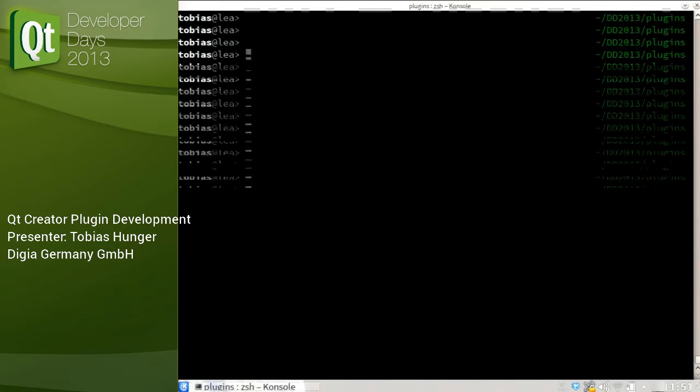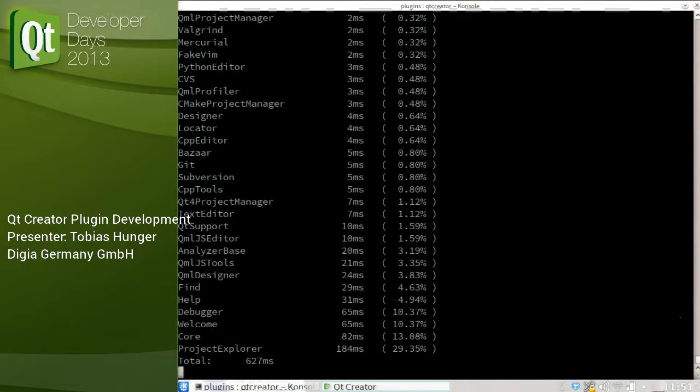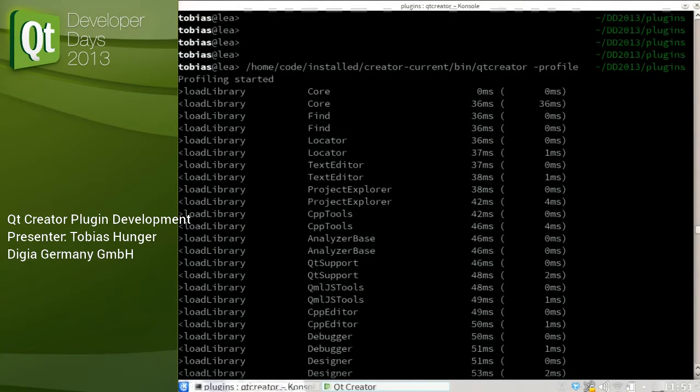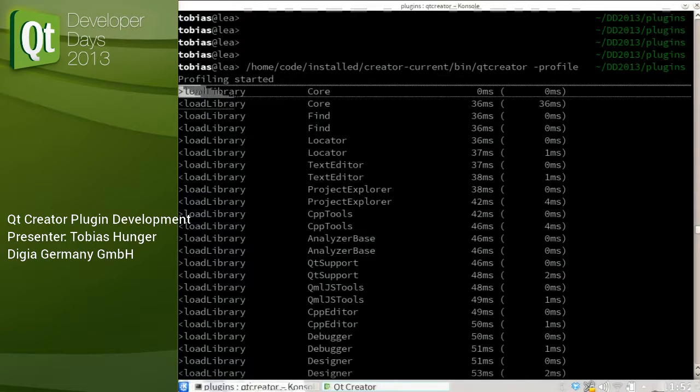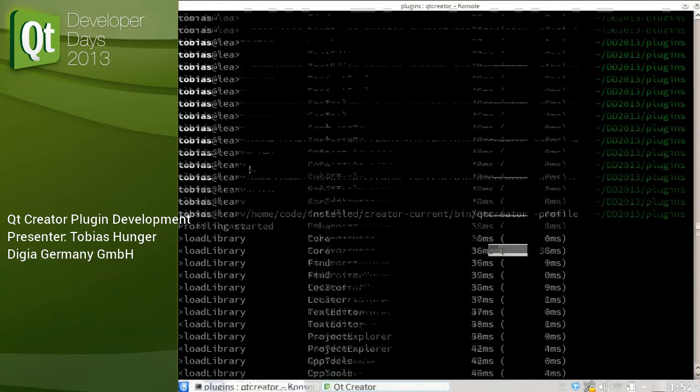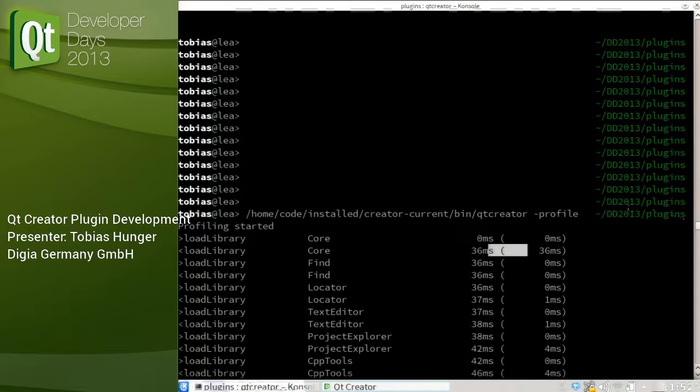I just run it again, so I can actually find this spot where it starts. What this does is basically it provides timing information for its startup. So what you see here is that profiling started, so the manager of all the plugins is up, and then it starts to call load library and actually load the plugin and call the constructor of the core module at 0 milliseconds after profiling started, and 36 milliseconds later it's back, and then it goes to find, locator, text editor,